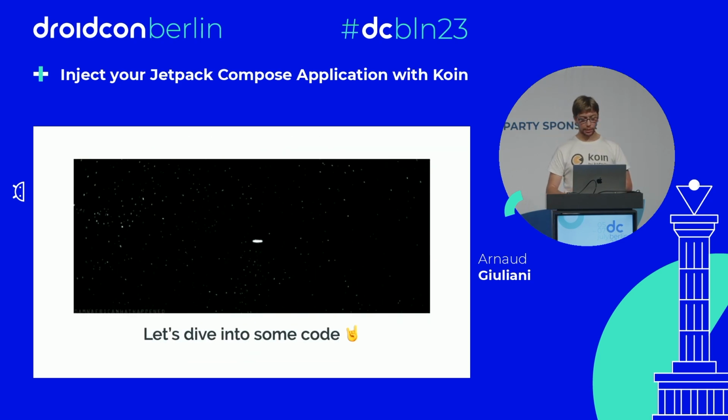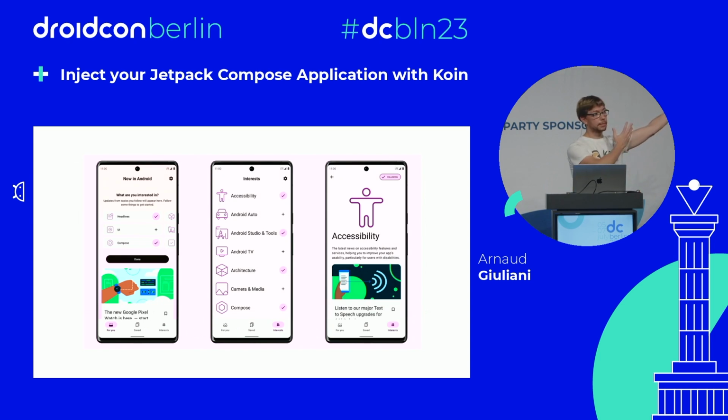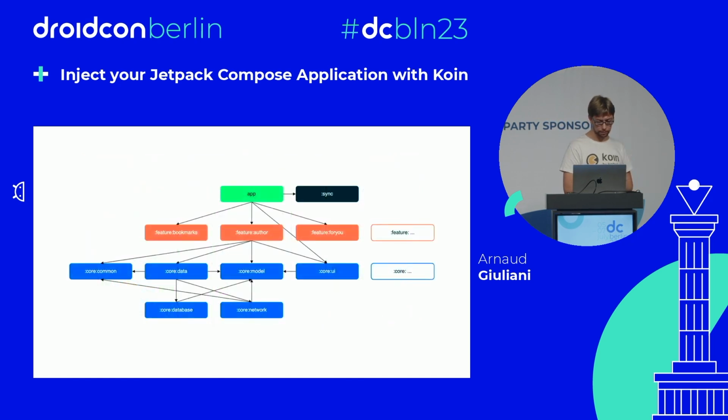Then it's time to go inside some code. And this is Now in Android. Now in Android is an application about news, about topics. You can think about the kind of topic you want to read, and then save some topics for you and follow, for example, architecture, follow accessibility, follow some authors, and then you can receive the news directly and read them, and you can save them. Then there's a 3-tab application, not super complex, but already lots of content to play with and some really interesting patterns to deal with, like offline repository, offline data sources, etc.